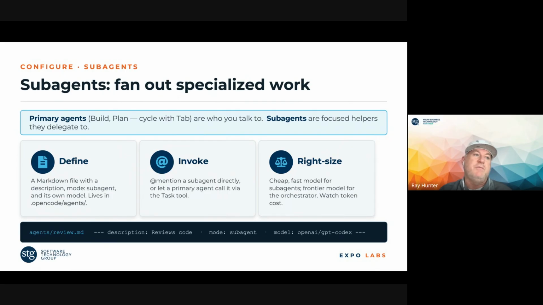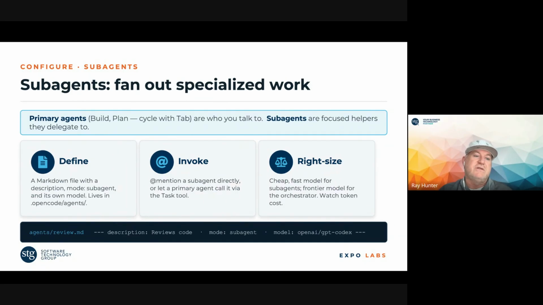Whereas a command might be like, hey, I want you to commit my code, generate the message, sign the message, and do this. That might be more of a command. When I run this command, I want you to do this very specific thing, do only that, and don't do anything else. That's where you get the slash commands.